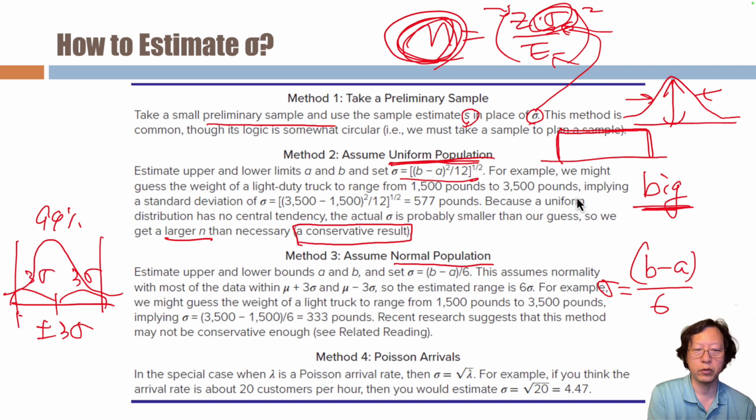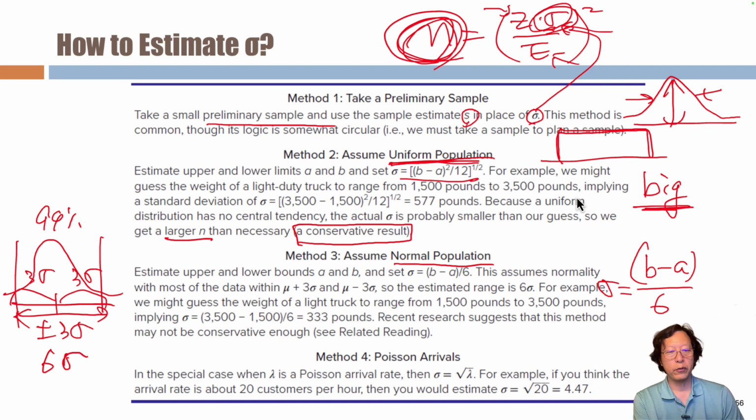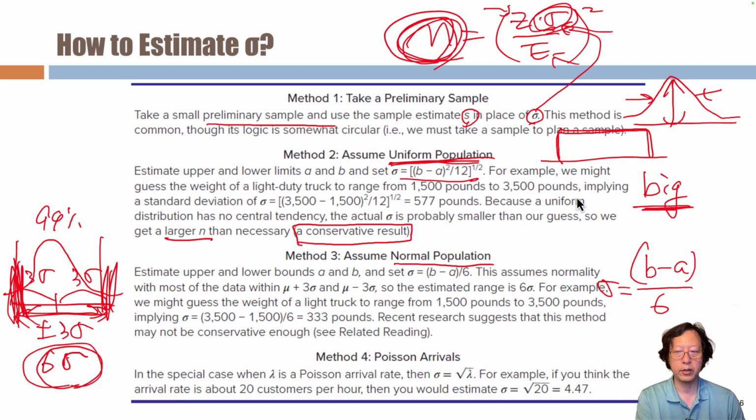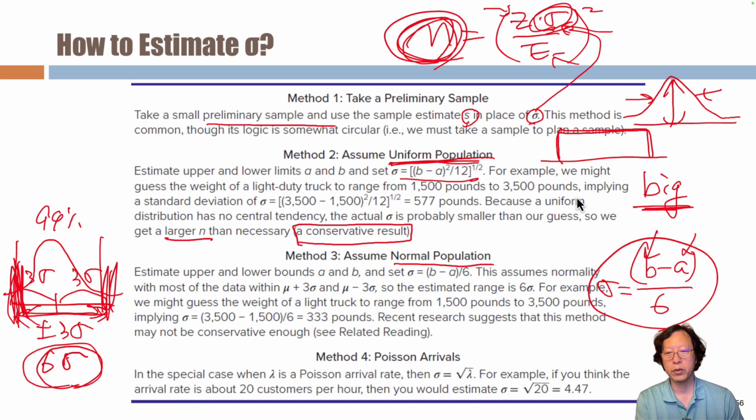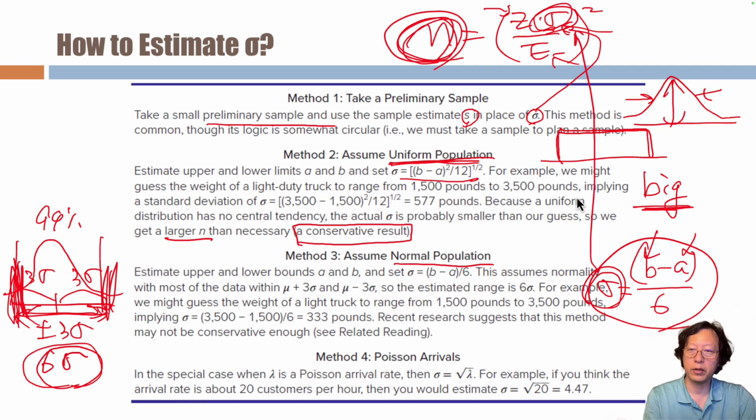So from here to here will be in total 6 sigma. So if you have a lower bound and upper bound, the length of this range should be 6 sigma. So you can divide both sides by 6, and the biggest number minus the smallest number divided by 6 will be sigma. That's a rough estimation. And then you can plug this sigma in here and calculate